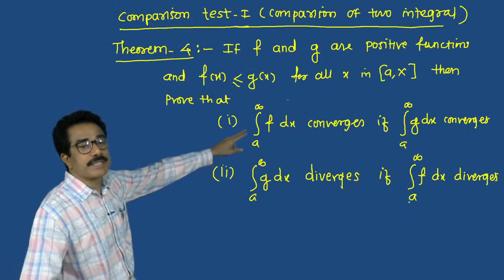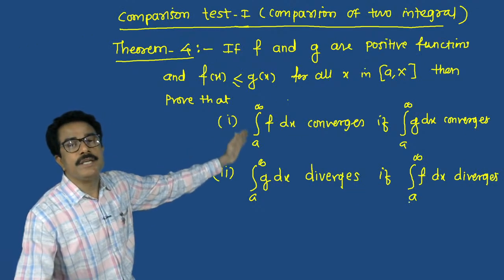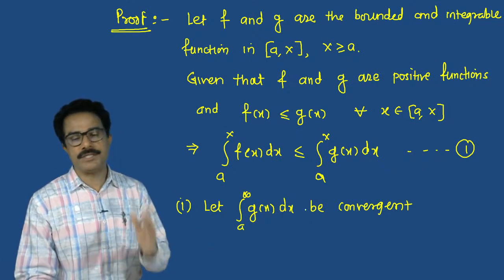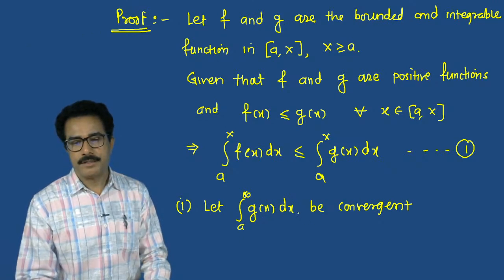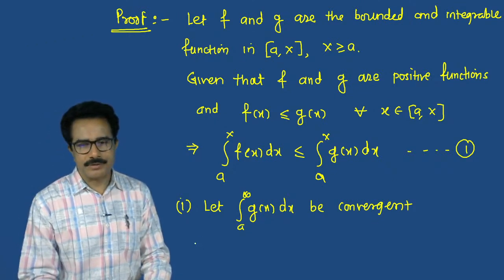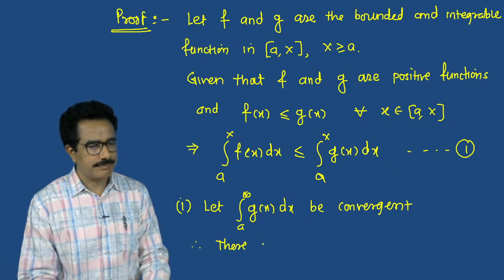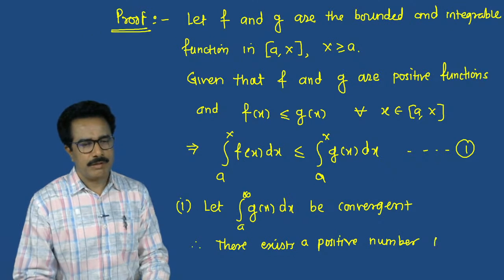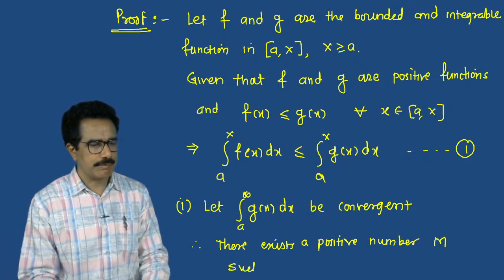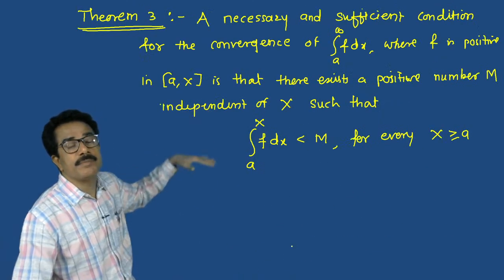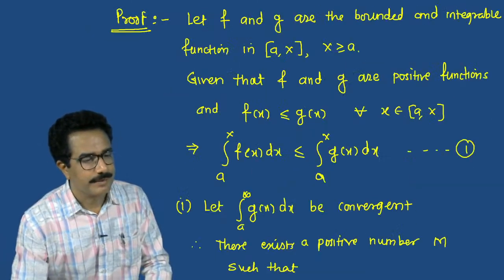According to the first condition, what we have given, if g of x dx is convergent, that is, the integral from a to infinity of g of x dx is convergent, then according to the first theorem, there exists a positive number m such that